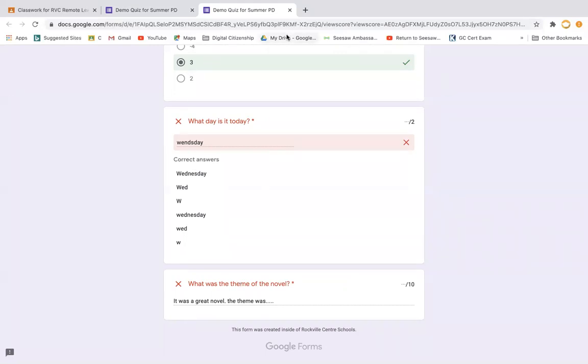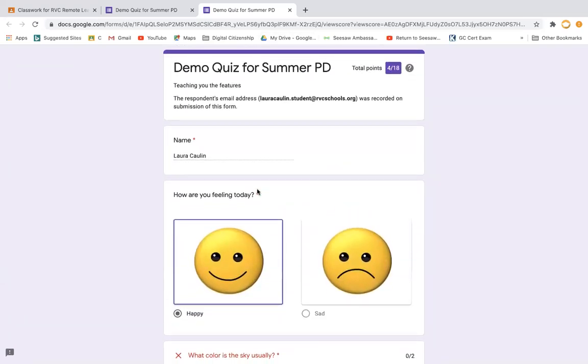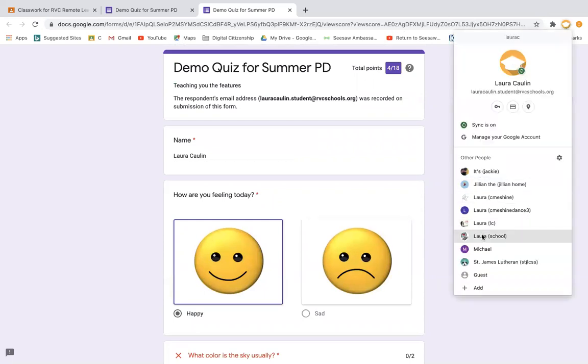Okay? Laura? Yeah, go ahead. Is there a way that teachers can turn off that feature so that kids don't get to see their grade right away, just so that they have that option? Yep. Okay, let's take a look. So that's a good segue into